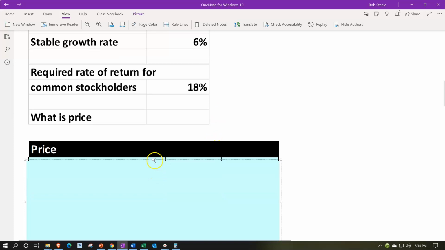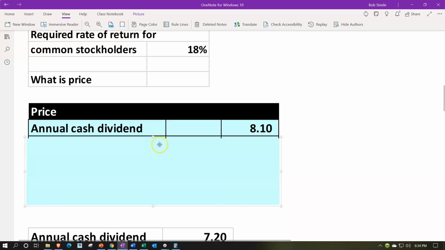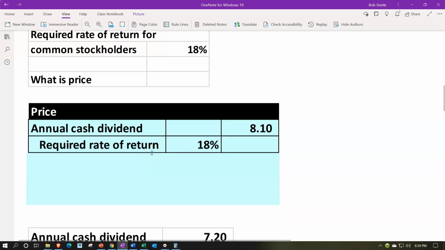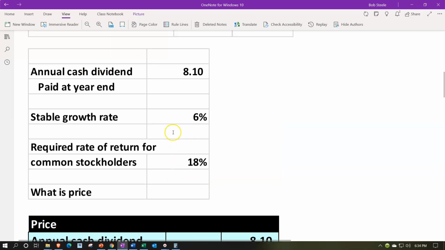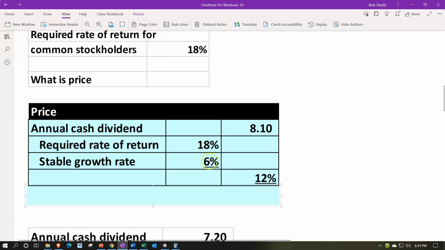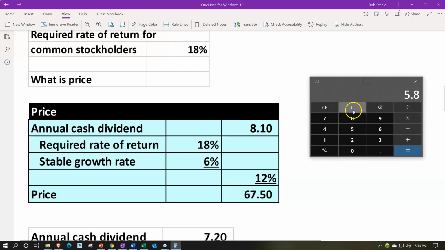So for the price calculation, we're going to take the annual cash dividend, which is $8.10. We're looking at the required rate of return, what the market expects, the 18%, and subtracting out the 6%, which is our estimated growth. That leaves another 12% that needs to be taken care of basically by the dividend. So then if we take the $8.10 dividend divided by the 12%, so the 8.1 divided by 0.12,